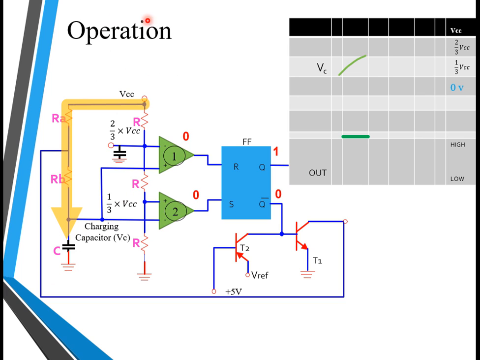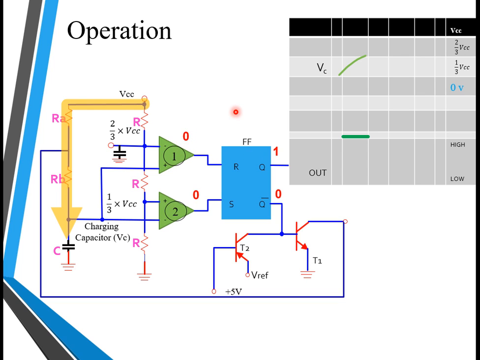Now as the capacitor is charging, the capacitor voltage Vc is increasing. When it crosses 2/3 VCC, the positive terminal of comparator 1 will be high. That means the output of comparator 1 will be 1 and